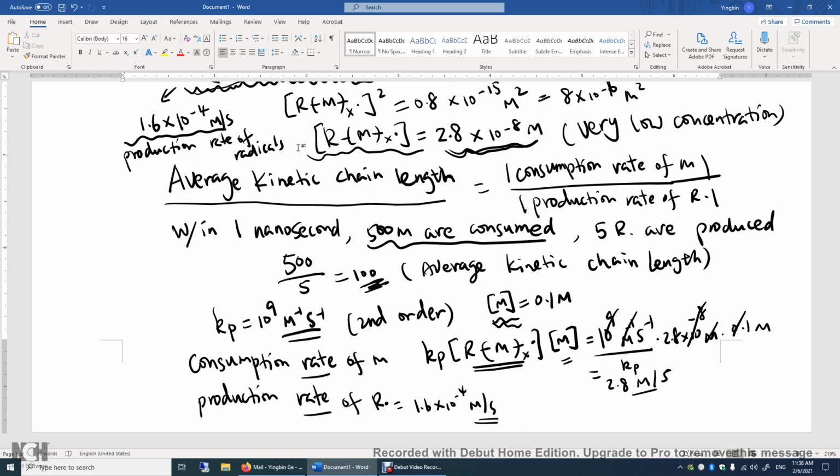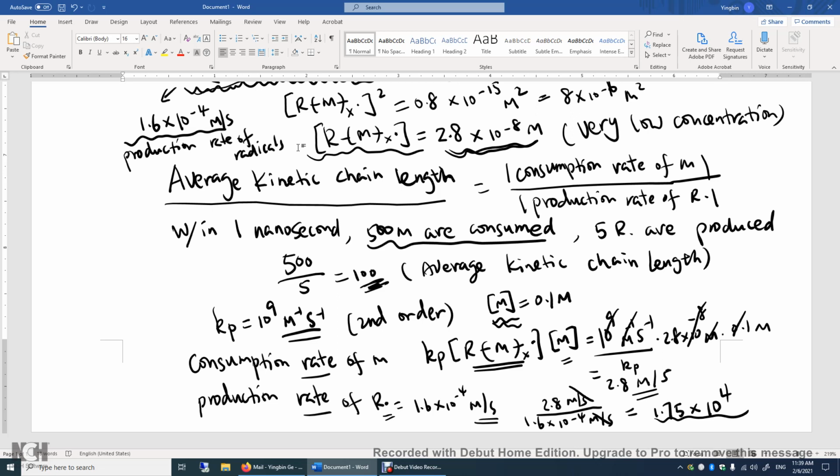Now we have these two numbers. We have the consumption rate of the monomers. We have the production rate of the radicals. So we just do a simple division here. The units cancel. We get the average kinetic chain length. This is about 1.75 times 10 to the power of 4. Okay. All right. This is a very large